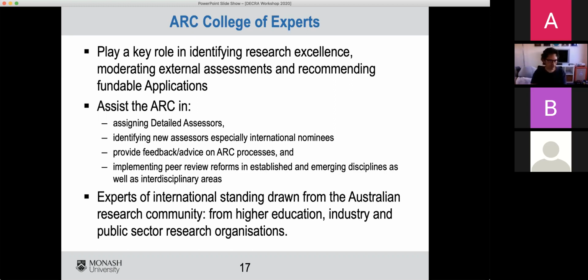So it's important to think about who the College of Experts are. The College of Experts are experts of international standing drawn from the Australian research community, from higher education, industry, and public sector research organisations. So the College of Experts is not representative of the people who get ARC grants. The college is representative of the community that ARC grants support. So most ARC grants go to the Group of 8 universities, which includes Monash,